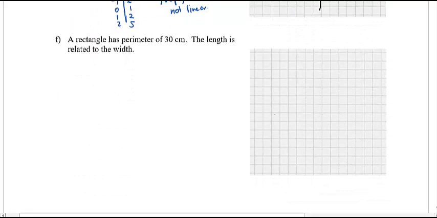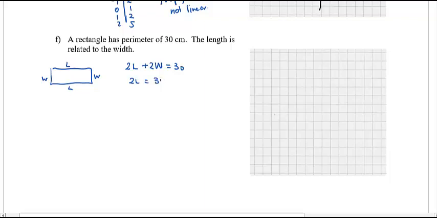What about this idea? A rectangle has a perimeter of 30, and the length is related to the width somehow. So think about a rectangle. I have a length and a width. The perimeter is equal to 30. So twice the length plus twice the width equals 30. And if I ask you to solve for length or width, I can say 2L equals 30 minus 2W, or L equals, we'll divide every single term by 2,